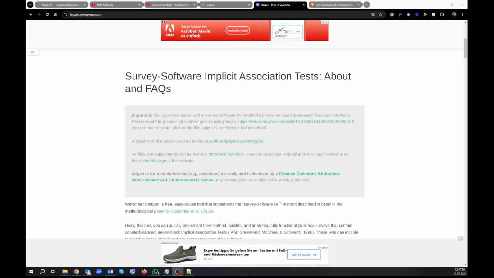So hello and welcome. I'm going to show you another way how to conduct an implicit association test. And in this event we use a bundle of IATGen plus Qualtrics. This method has advantages and disadvantages, and one of the advantages is that you can make it a bit easier and you can run the implicit association test online, which can be an advantage if you run it online in your lab and you have people sitting in front of the same sizes of monitors